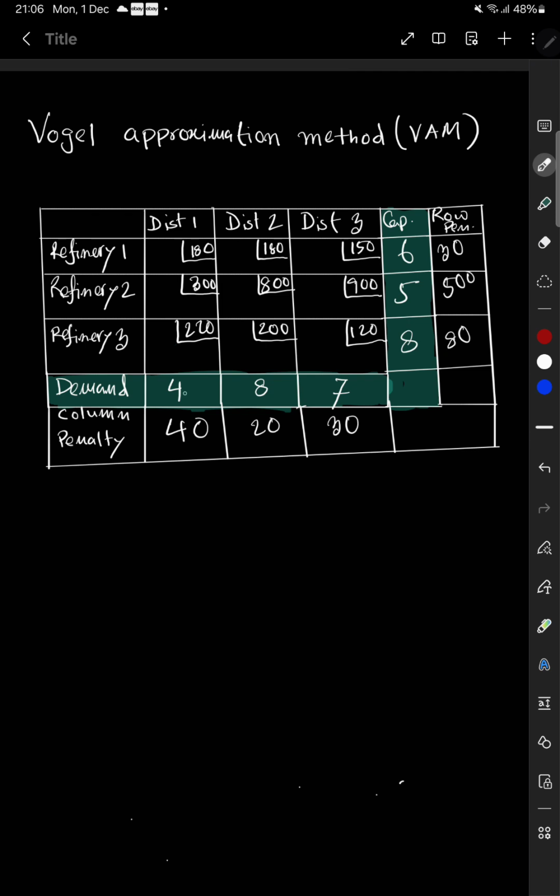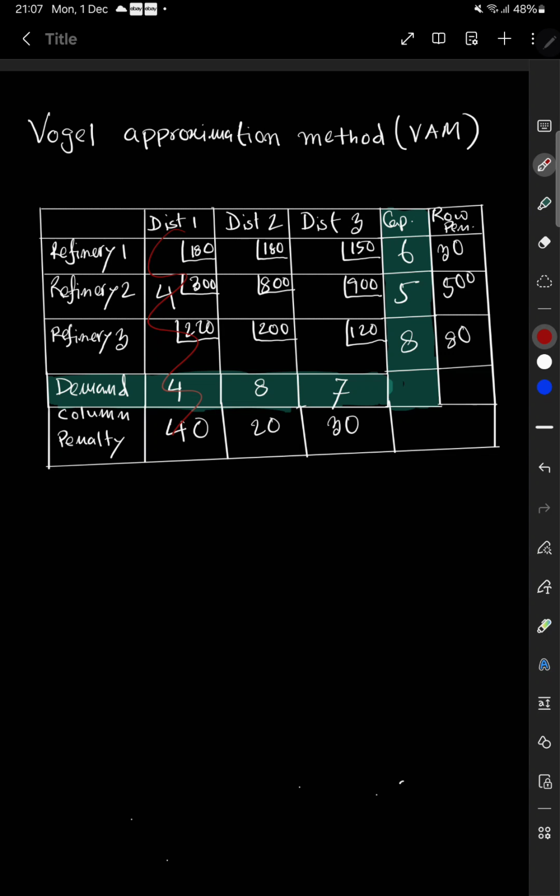So you see our column total for demand is 4 and our capacity is 5, so we can give 4 in here. When we give 4 in here, our column 1 is gone, so we will cut this column